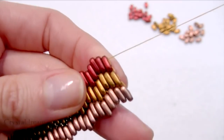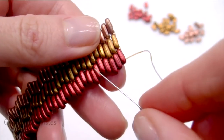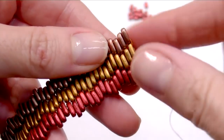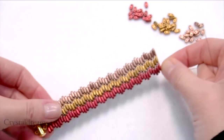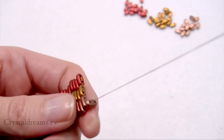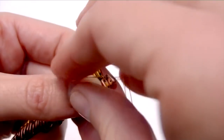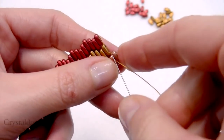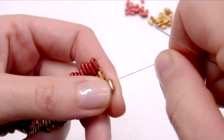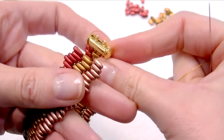The only thing we have to do now is to sew the clasp. The clasp has 2 rings. I already sew it the other side, and now I explain how to do it. As you can see, I have put my clasp here. It's very easy. Now I build the last line, so I insert the copper one, I pass the needle inside the second hole, then I sew it to the thread that I have between the copper and the golden at the previous line, and now I take the ring of the clasp